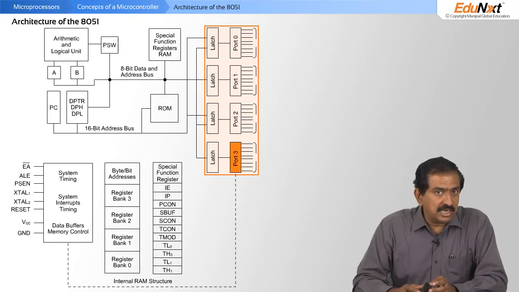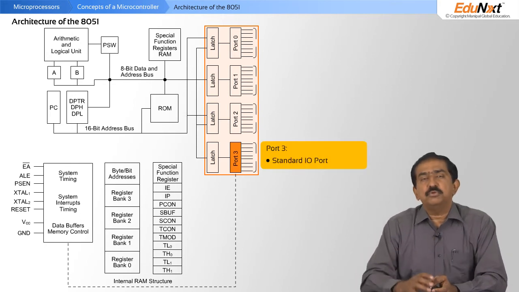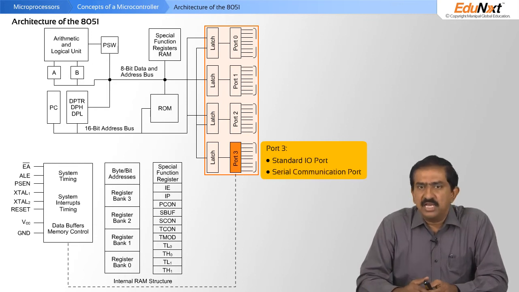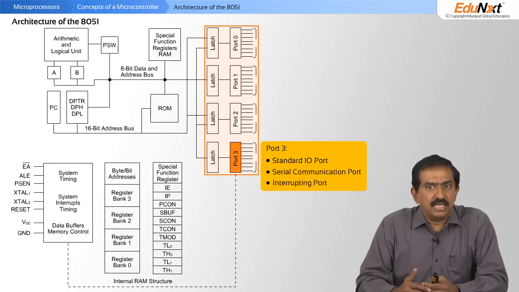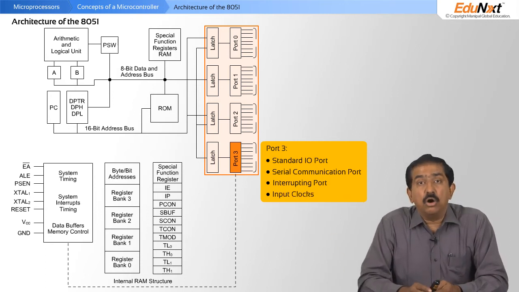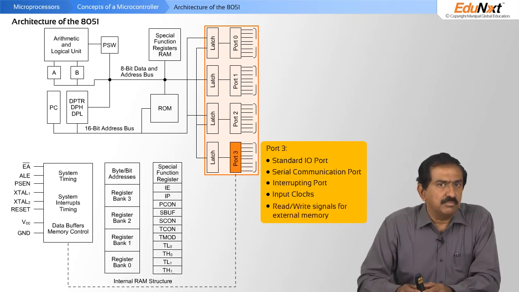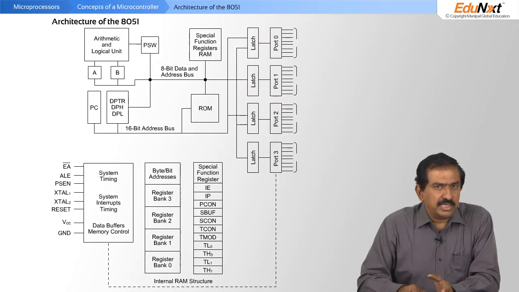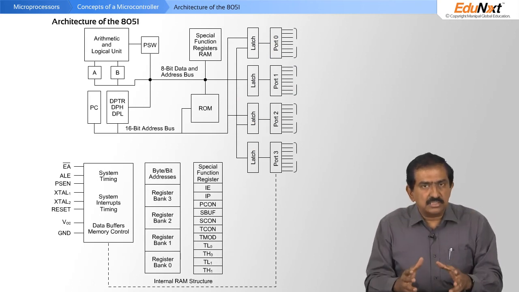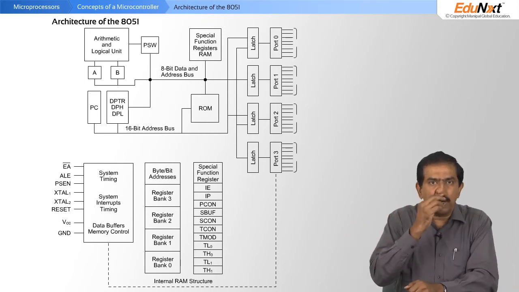Port 3, on the other hand, the last port, can be both an I/O port or can be used for a variety of applications. It can be used as a serial communication port, as an interrupting port, to input clocks into the microcontroller, or as read-write signals for external memory. So the design of the 8051 has been optimized such that it reduces external hardware required to